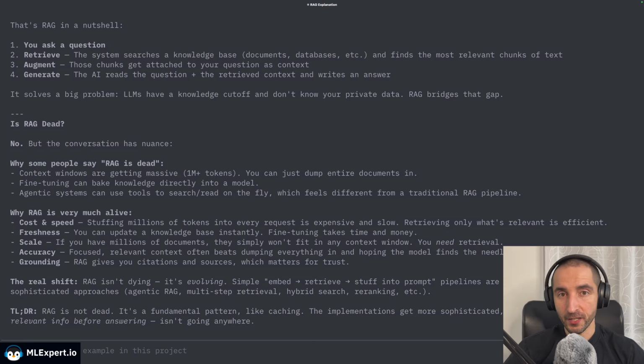But of course, there is the other side: just embedding, retrieving, and creating generations isn't enough in 2026. So you need somewhat more advanced techniques in order to provide correct information for your RAG users. In this video, I'm going to show you the foundation that you need in order to start with a very